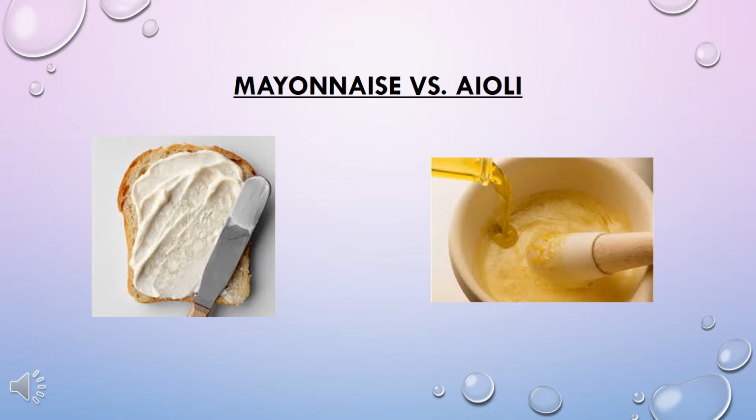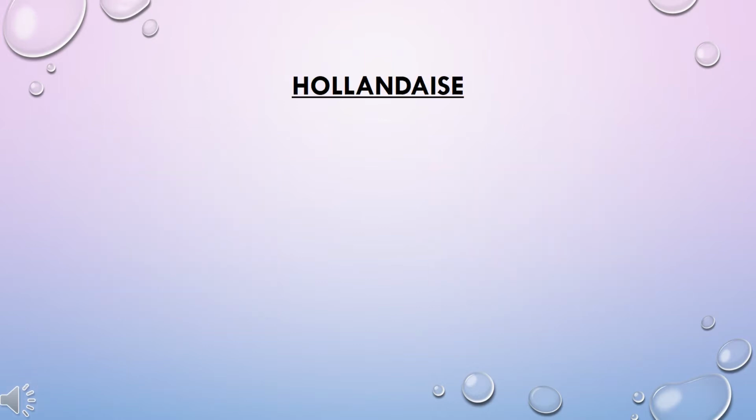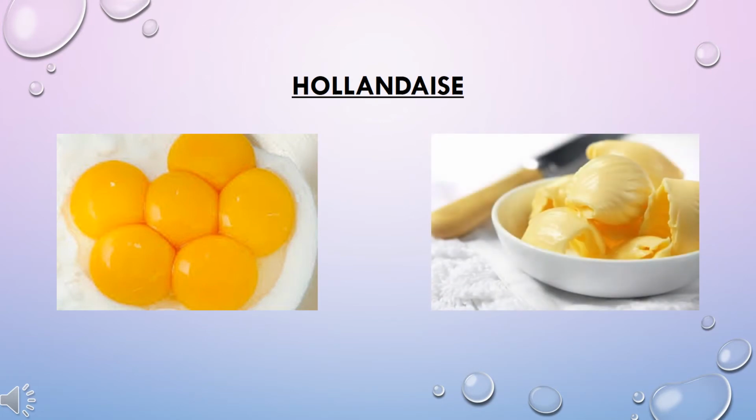Hollandaise is a warm emulsion made from egg yolk and butter. Traditionally, the egg yolks are whisked over low heat until they get to the ribbon stage. This is signified by being able to see the bottom of the bowl while whisking. The bowl is then removed from the heat, and melted warm butter is slowly added until the mixture is smooth